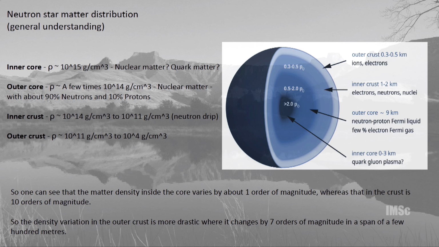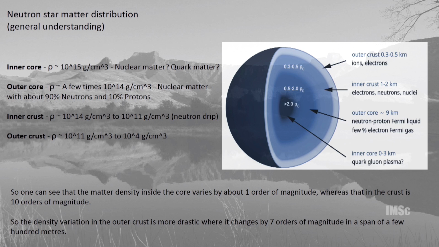So now, to understand what the type of magnetic field is at the surface and what is the decay of the field there, one has to go back to the neutron star structure. A general understanding, which we all know from a lot of the talks here and in other places, is that we have something called the core, which we are not sure is quark matter or nuclear matter. It's an open question, but it has a density of around 10 to the power 15 grams per centimeter cube, and then we have the outer core,